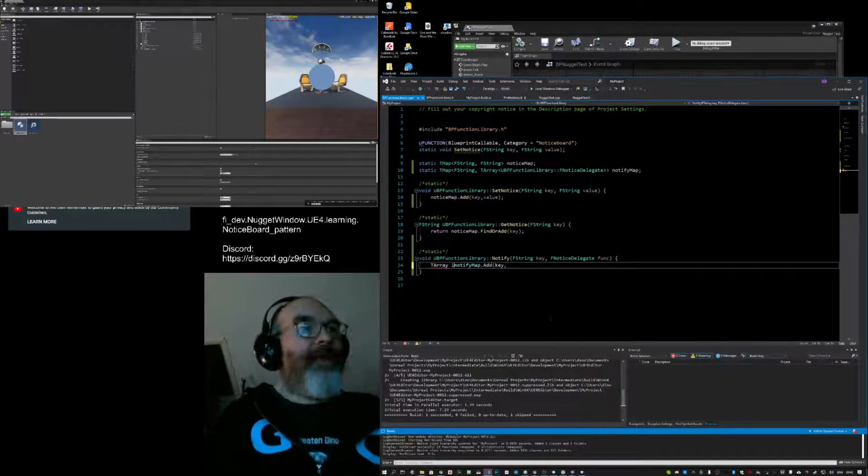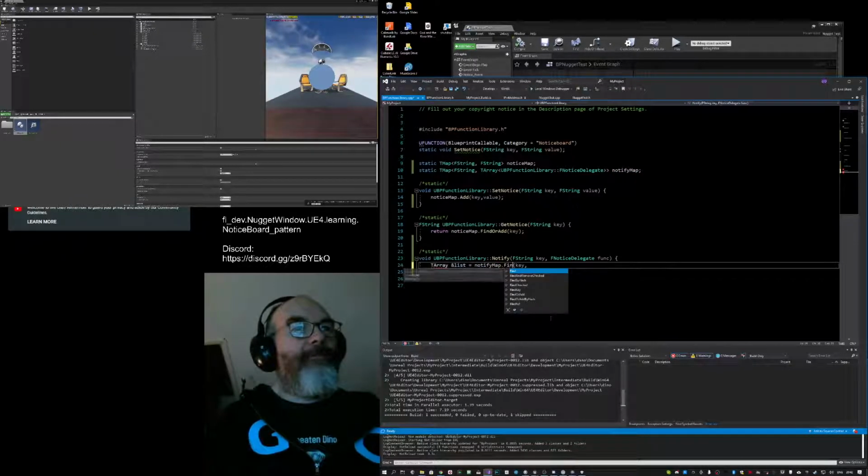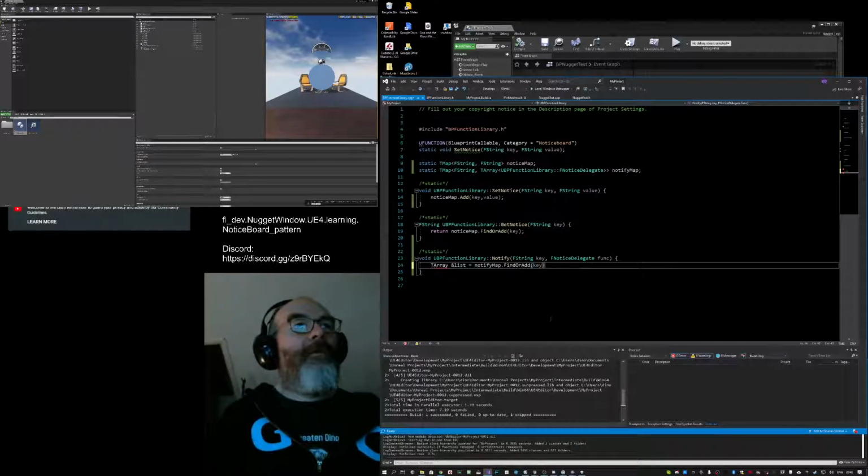Conceptually, it's a list. I'm going to call it list. I mean, why not? Equals notify map, and we're going to do find or add on the key.